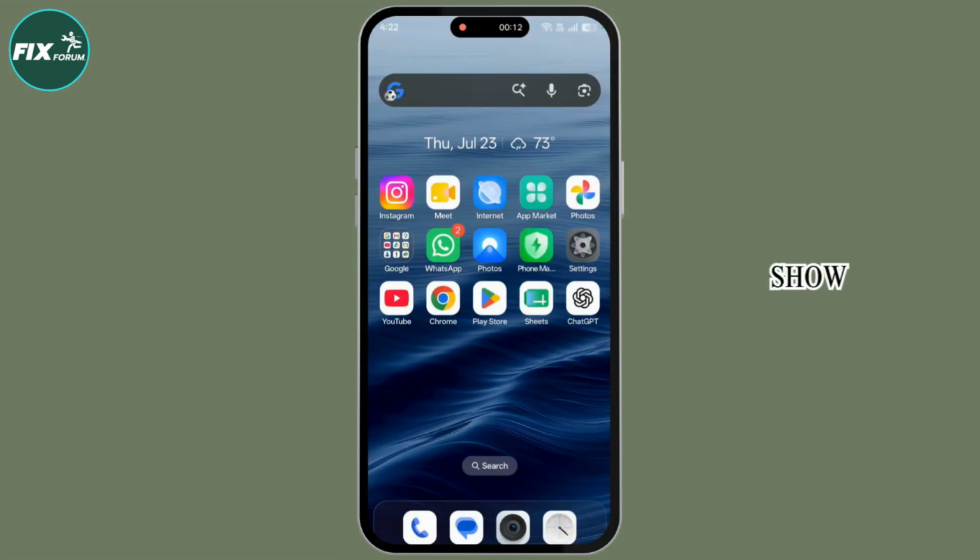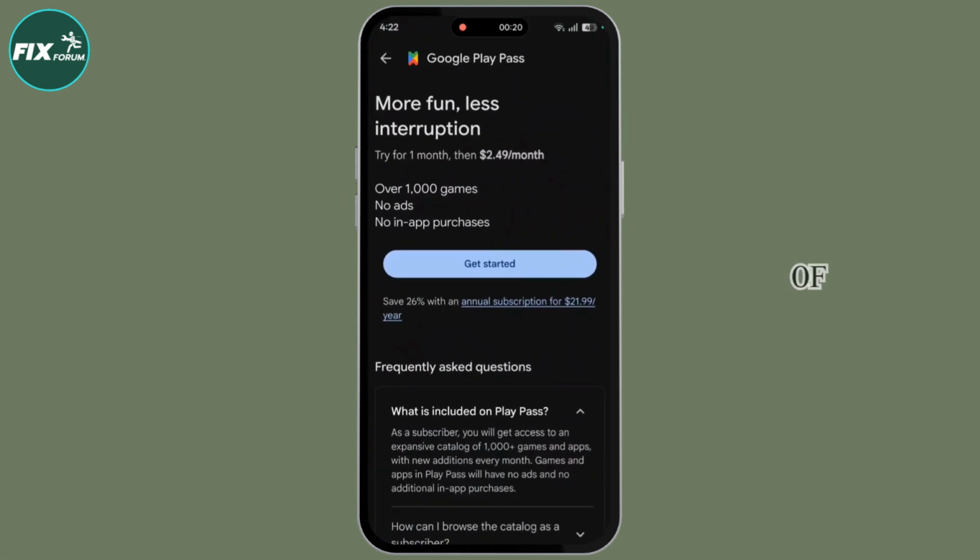In this video, I will show you how to fix the Google Play Pass cannot apply offer problem. So if you're facing such problems, then it might be because of multiple reasons. First one being, if you have already used that offer code, then you might not be able to use it again in another device. Or if your device has been newly logged in, then it might take about 15 days